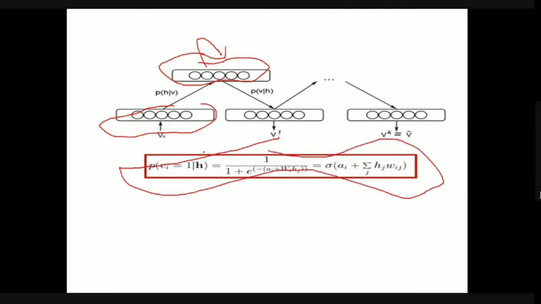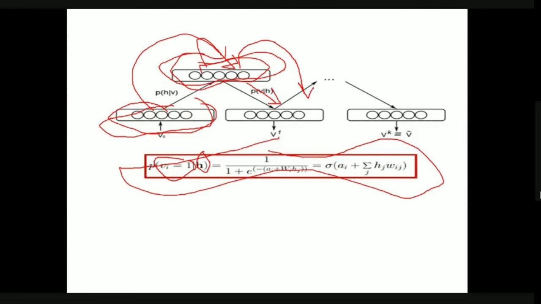That is, given the value of the hidden unit, this one. Now we have this value, right? So given the value of the hidden unit, we are going to calculate the probability of Va equals 1. That is the first one. From this one, now we are trying to calculate this one. For predicting the new input value, this is our original input value, right? From this we got the hidden value, and from this we again get the prediction of the new input value, that is the modified input value.